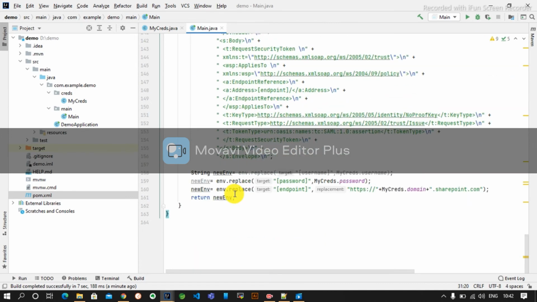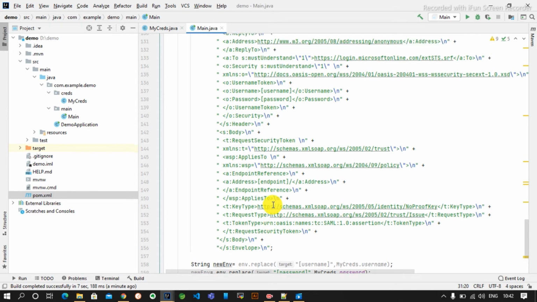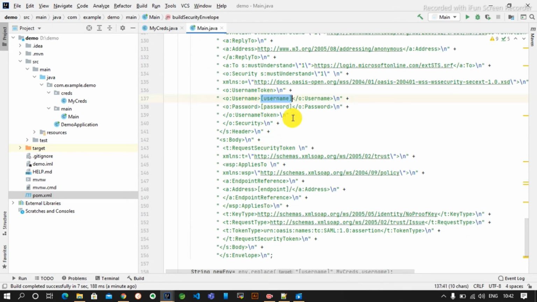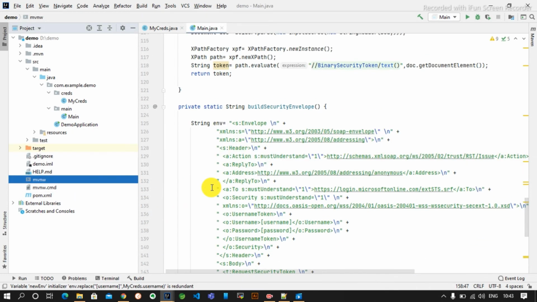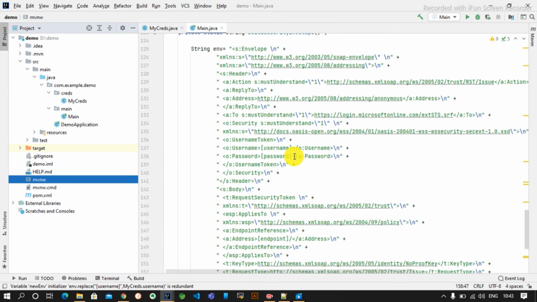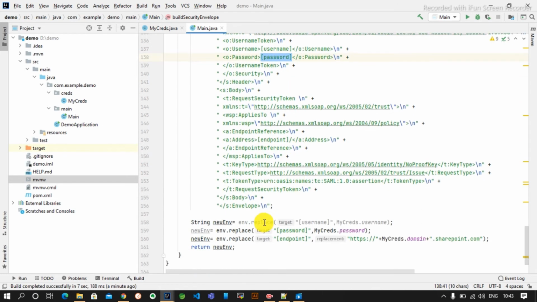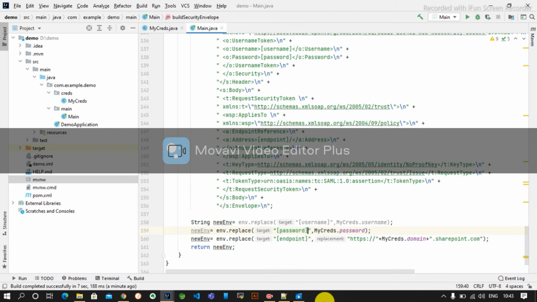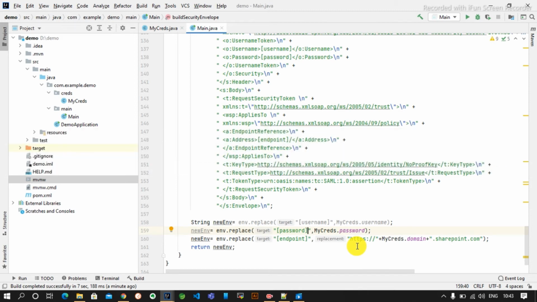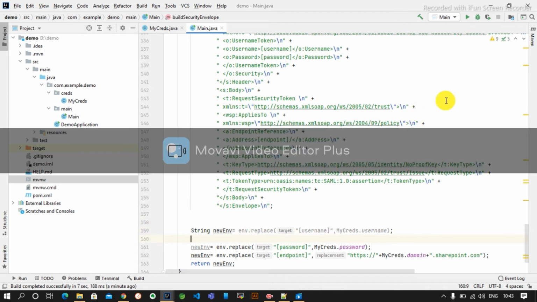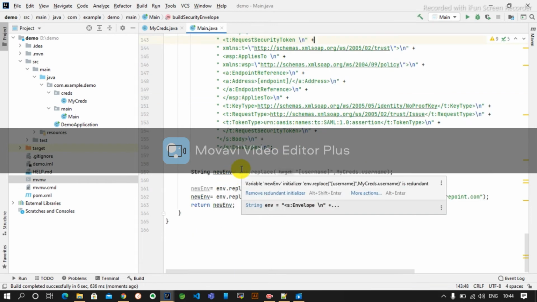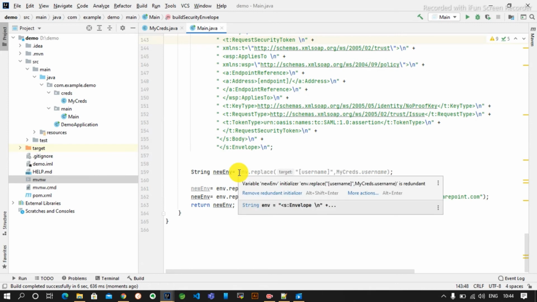What is the error? Let's go to here. We will put here what we can do env.